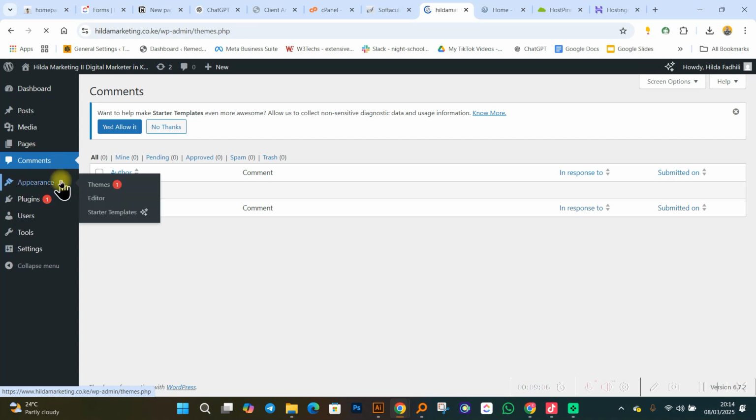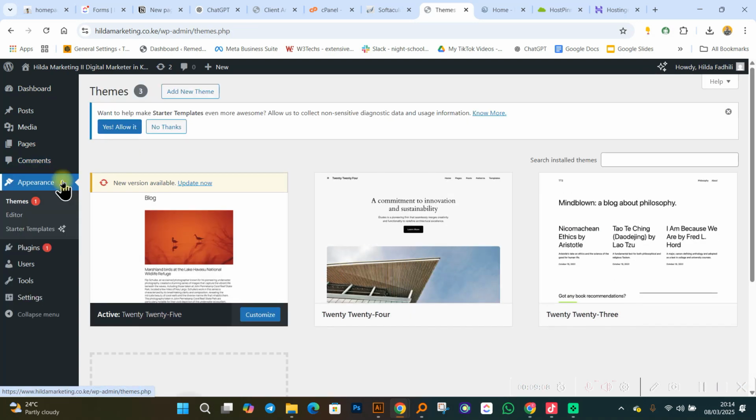We have something we refer to as appearance. Now, in WordPress, when you're creating a website, it's easy for you to customize your website by just using themes and plugins, okay? Now, you might be wondering, what is a theme? A theme itself is basically what gives your WordPress website an appearance, or basically it gives your website a certain kind of look.